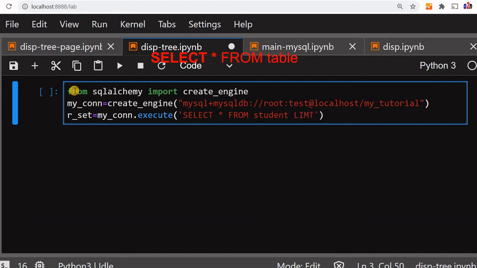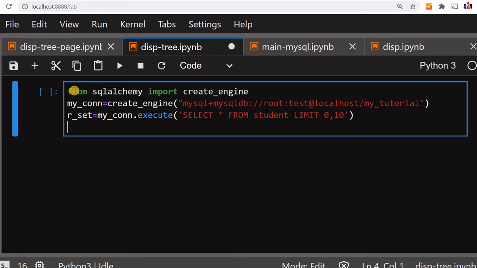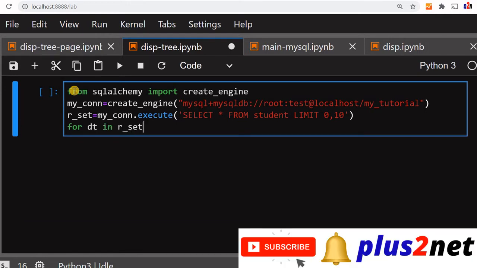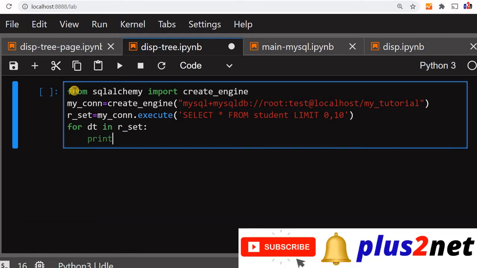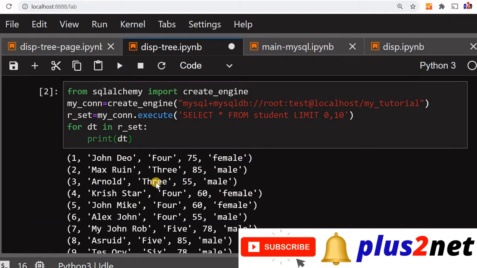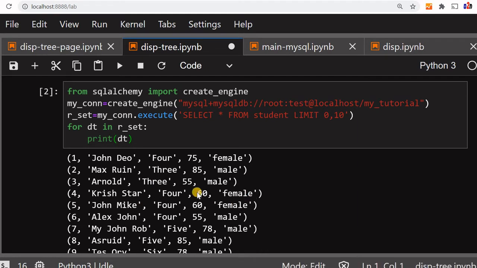I don't want all the records, there are around 33 records, so I'll just collect 10 records, limit 0, 10. So this is my record set. Let's first check it: for dt in r_set, print dt. If this works, then the data is coming, 10 records are displayed.